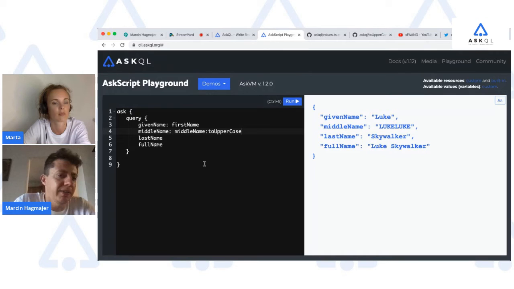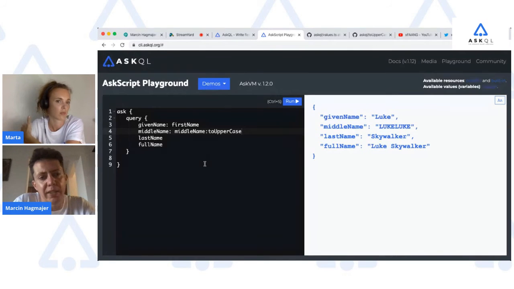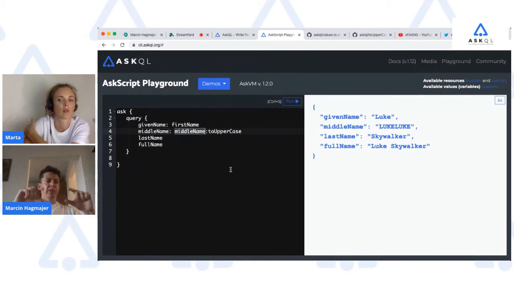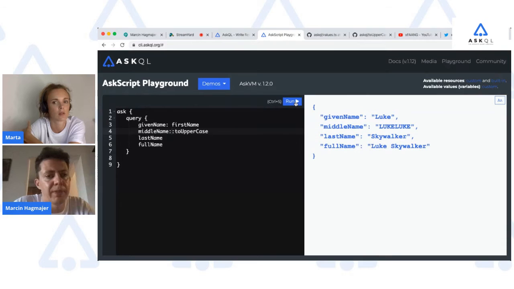And actually, here you can be even shorter than that, because in the query it's a common case that people would say the same key, and then the transformation. So instead of saying middle name colon to uppercase, you can just say middle name colon to uppercase, and it's gonna know that between those colons you want to use the same value.